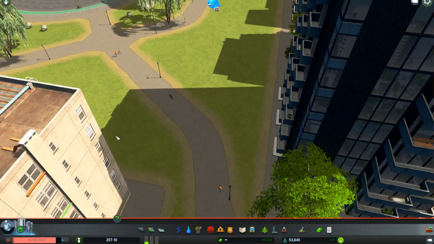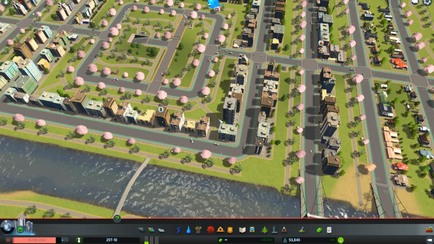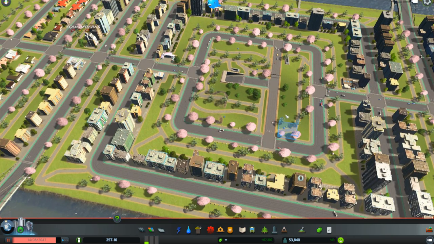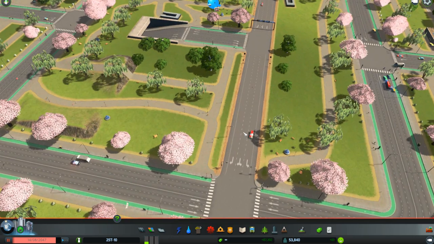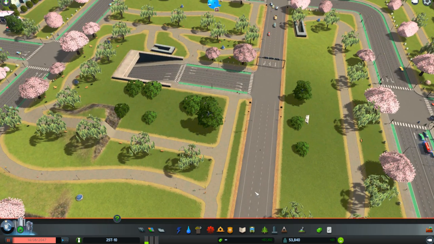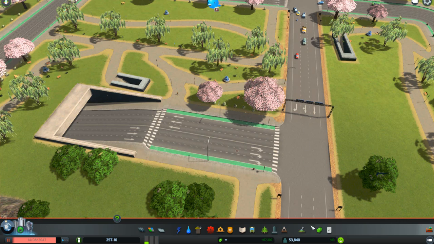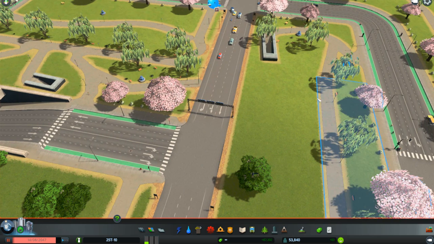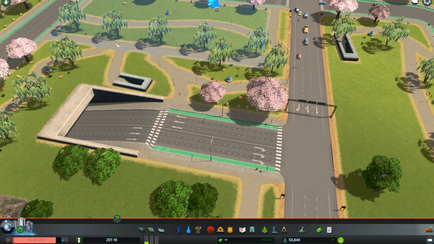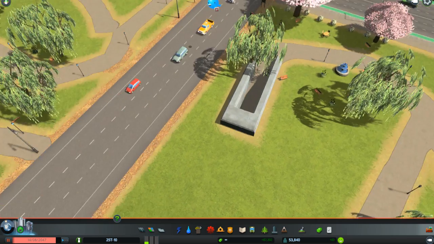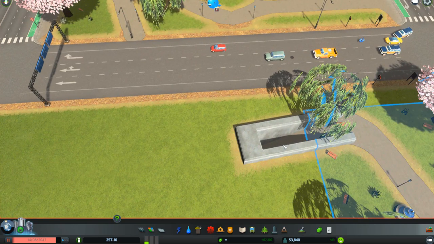Okay, tabbing out. Now over here, I decided to get people from, I don't know if you can see this or not, but there's a regular freeway pass road through here that people would not be walking across normally. Say you wanted them to get from this park area to this park area, but they couldn't go across here. What you can do is put in, like I did, a pedestrian path where they go down underground